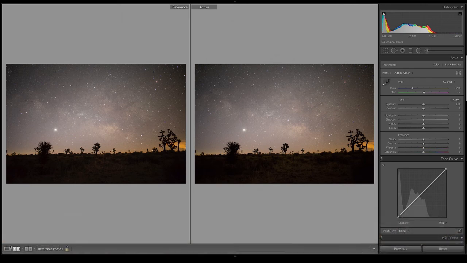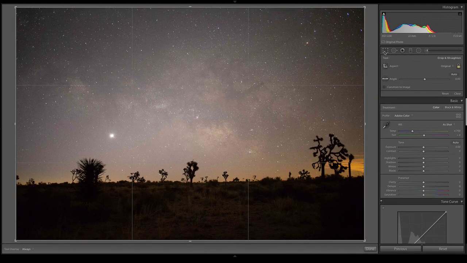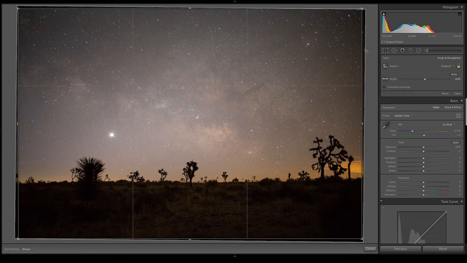We are editing a virtual copy. Now, the first thing I always do with landscape photos and with most photos is crop them. Specifically with landscape photos, though, I want to make sure that the horizons are level. I can do that myself by rotating it, or I can use the angle level tool. If I click that level tool and click and drag across the horizon, it's going to automatically level for me.